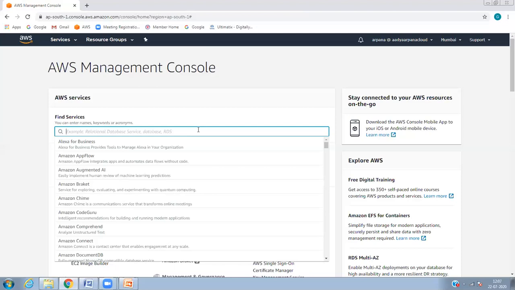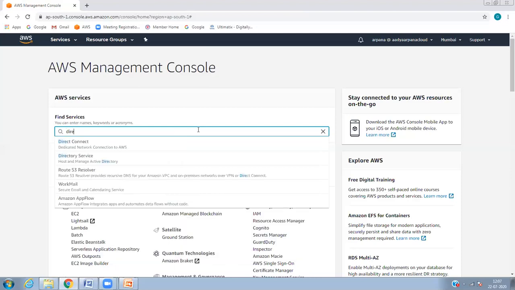So instead of doing it on-premises, you can directly launch the EC2 instance, create users and groups, and without any key, log in with your credentials. Okay, so that I'm going to teach you now.